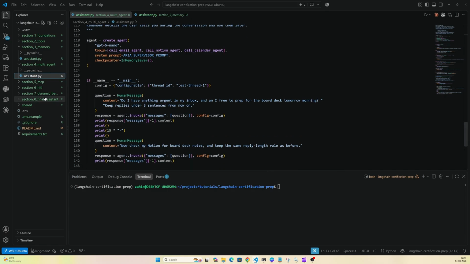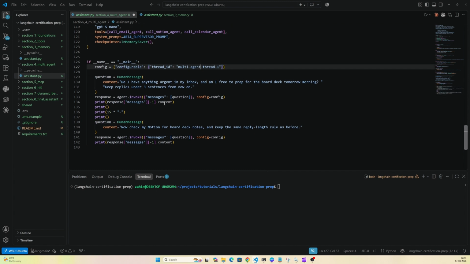And here we simply invoke that agent again by using the configurable object, which is basically the thread ID. In this case, I'm going to write multi-agent thread 1, and we'll be testing that with two different turns. The first one is, do I have anything urgent in my inbox, and am I free to prep for the board deck tomorrow morning? And we're giving it a rule: keep replies under 3 sentences. We'll basically test it the way that we did, but you'll see that it is handing off these tasks to